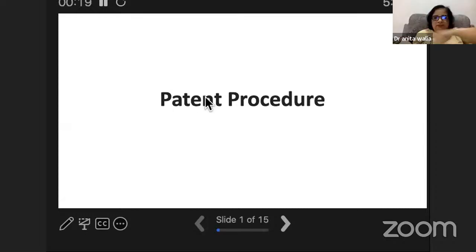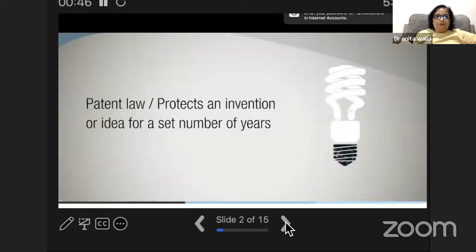So students, let's go about patent procedure. I'm just going to keep this session simple, and later I will keep whatever time is left for the question and answer session, or maybe an interaction session, because this will be the last session. I would like you to ask, or I can interact with you, and then we can discuss certain things. You can share some information also with me. So let's go about it.